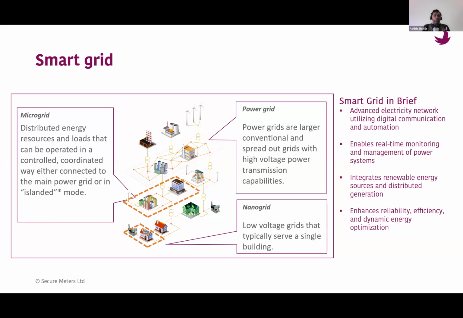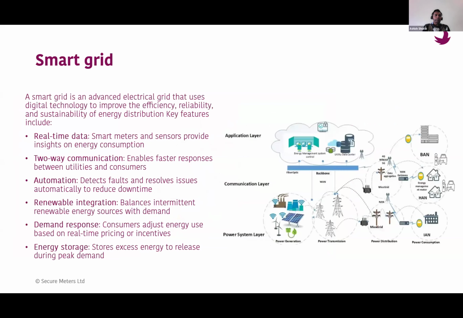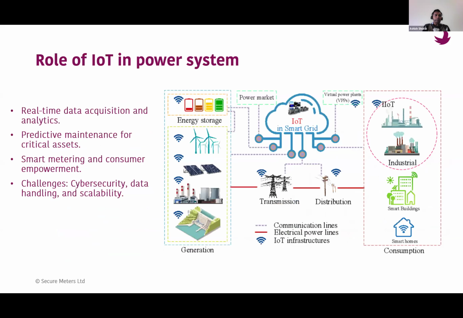It provides, in the dynamic situation, the ability to take actions, control, and then monitor the things. So overall, this is what the smart grid is all about. As we discussed so far, to have this smartness you need real-time data, communication, automation, demand response, excess power storage, and things like that. So overall, your system becomes smart.